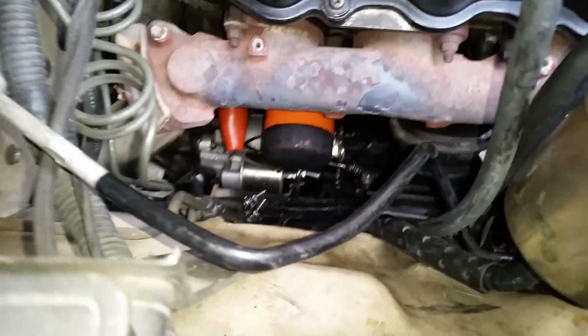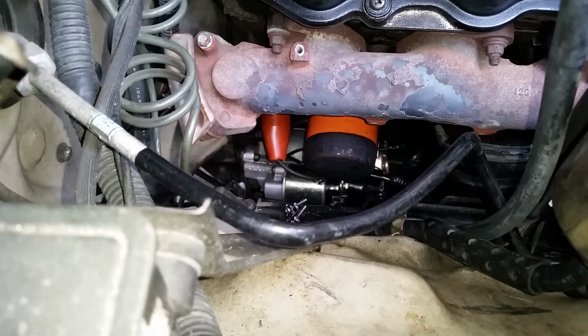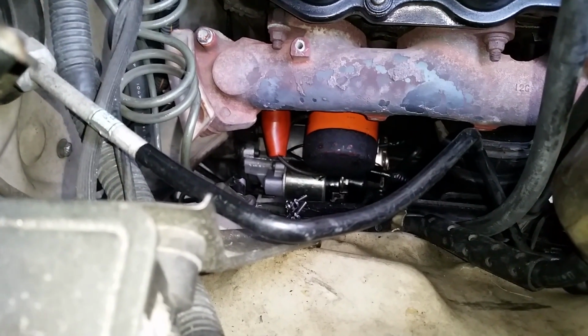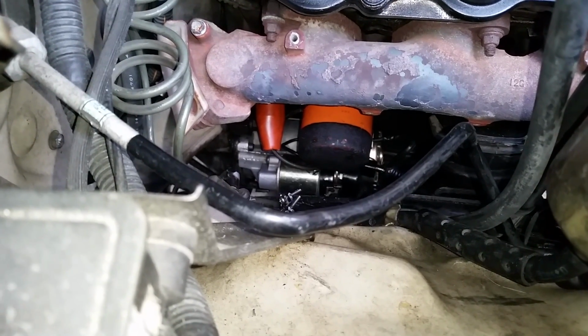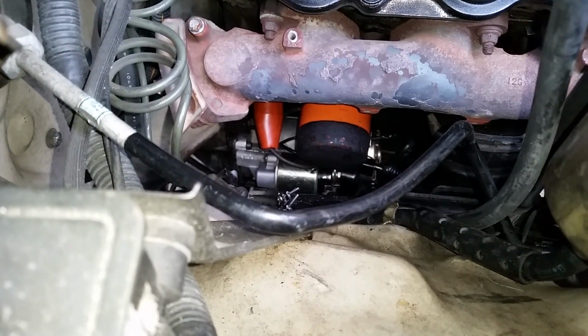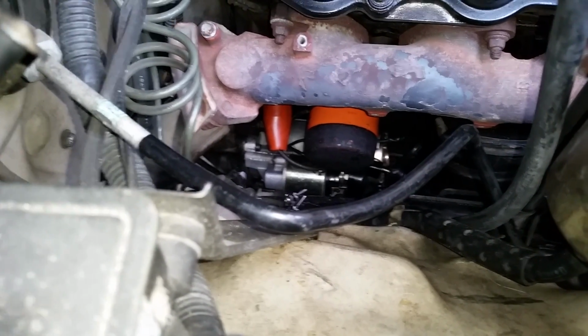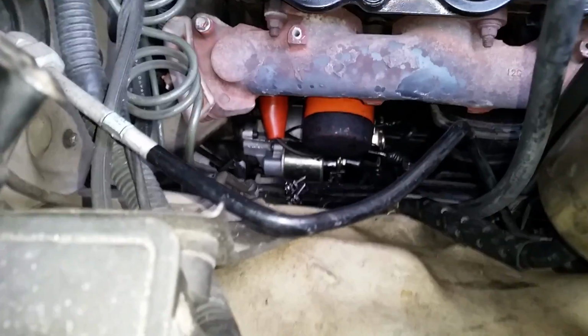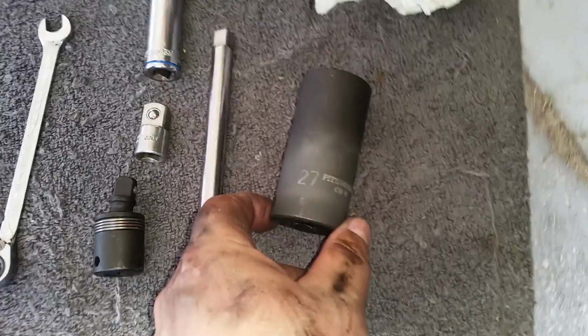All right, the next thing we're going to do is you have to remove that oil filter down there, and you have to remove the oil pressure sensor unit. If you don't, you'll break that sensor. Trust me, I broke one, and it's not fun getting the parts out. So you have to pull that little rubber boot back, and then you're going to use a 27mm deep socket. Now here's one I bought